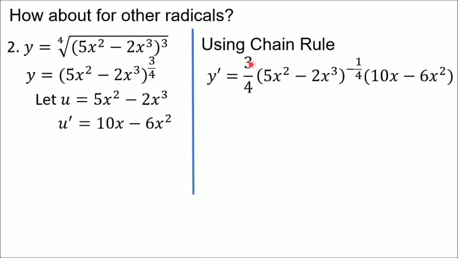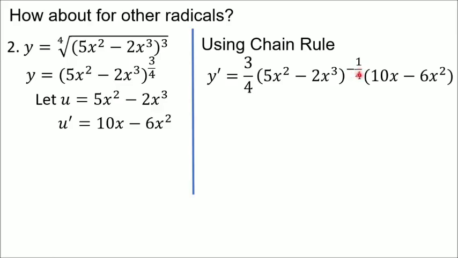So, we have the n, 3 over 4, times u natin, 5x squared minus 2x cubed. And then n natin is subtract 1. So, 3/4 ang n natin minus 1 is negative 1/4. Or 3/4 minus, ano bang denominator natin dito? 4. So, minus 4 over 4. Para mag-similar fraction sila, mas madaling i-subtract. Kasi 4 over 4 is also 1. 3 over 4 minus 4 over 4 is 3 minus 4 is negative 1. Kaya, the result is